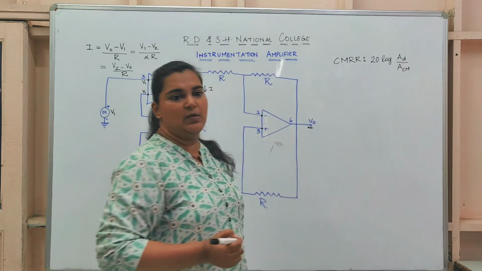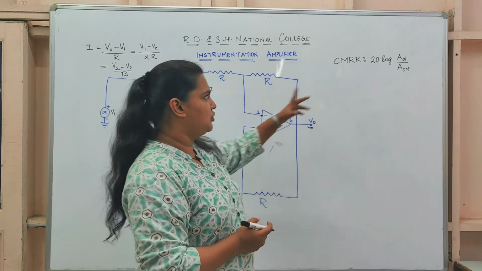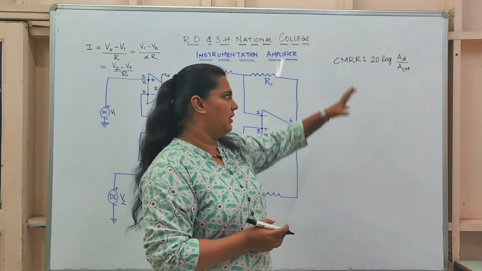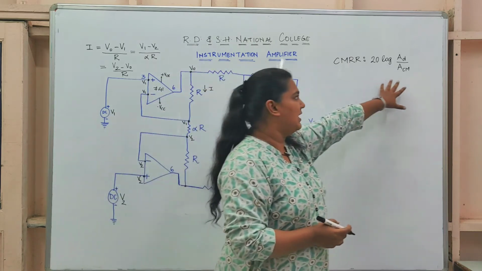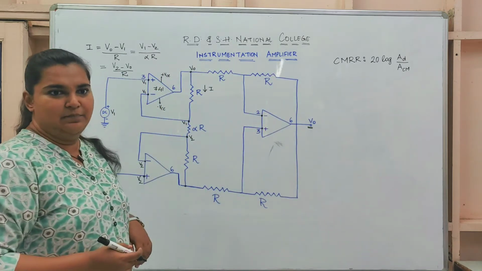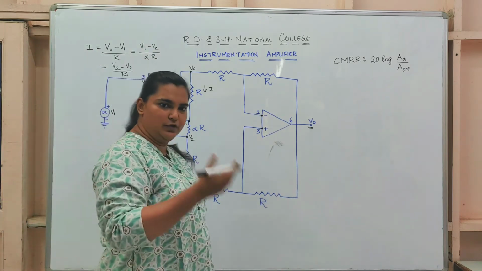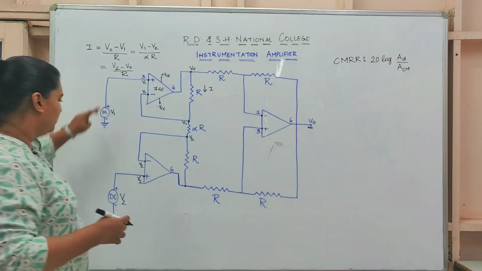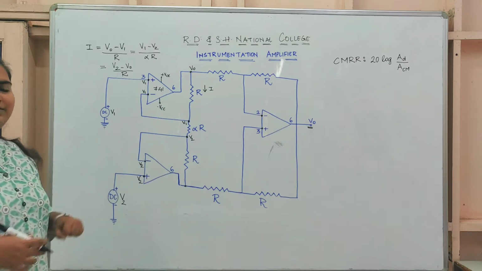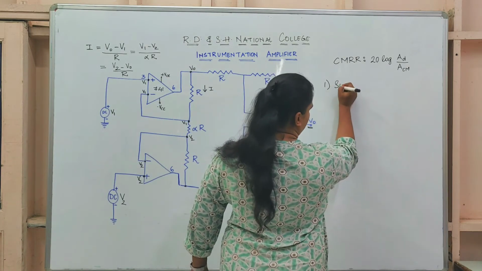Now what is AD and what is ACM? This is what we have to measure here. AD is the differential gain, and ACM is the common mode gain. So let's first talk about AD. In case of AD, to get the differential gain, we will hold the two input voltages at different values. So for the first case, I can keep 2 cases.